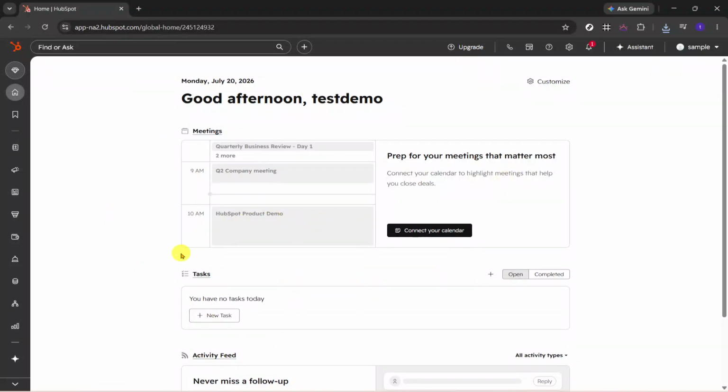To begin, open HubSpot and make sure you are on the home page. This is the main starting point where you can access the different tools and records inside your account. If you are already signed in, you should see the main dashboard and the navigation menu along the left side